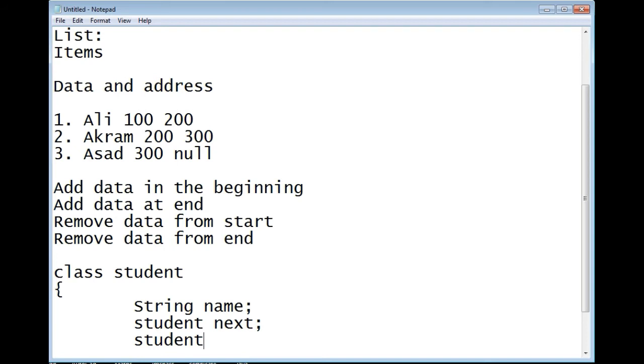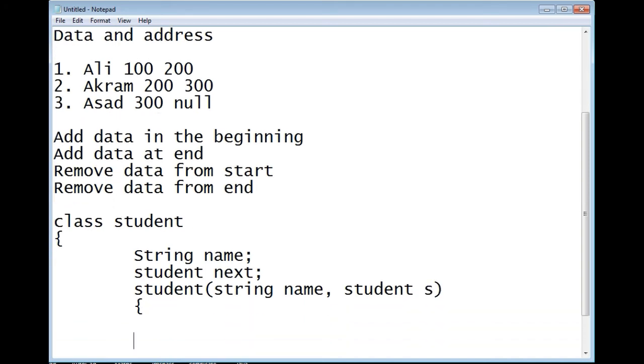And we can make a function, or we can make a constructor. We say Student, and we get string name in the constructor when we make the object, and we get Student S. So what we do is we make name equal to name1.